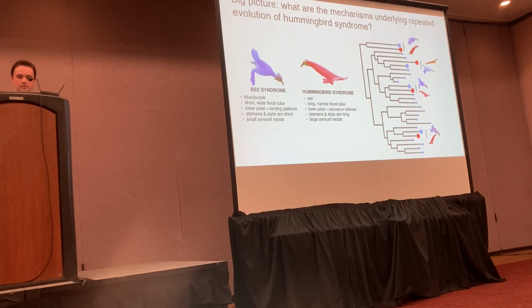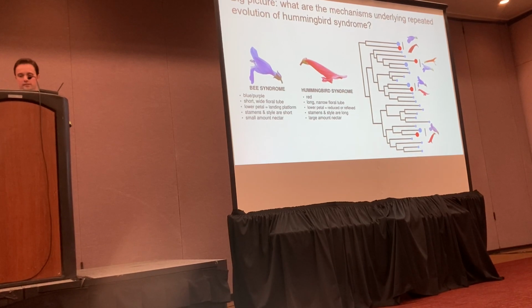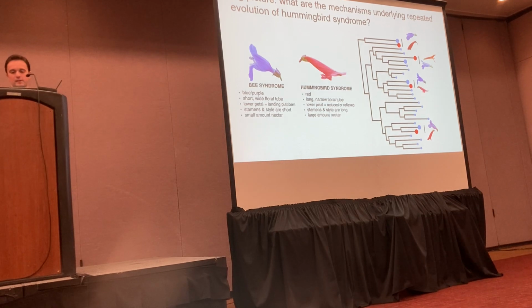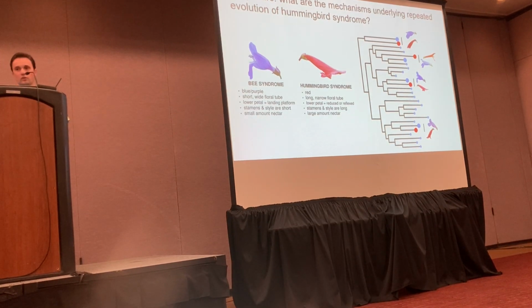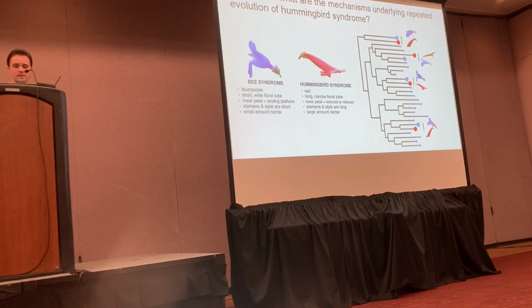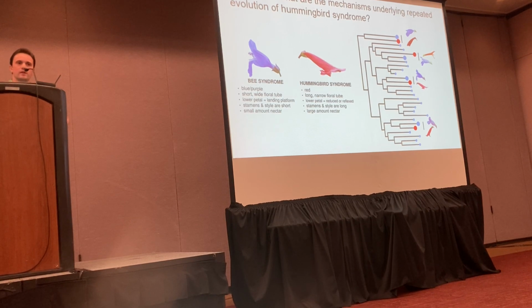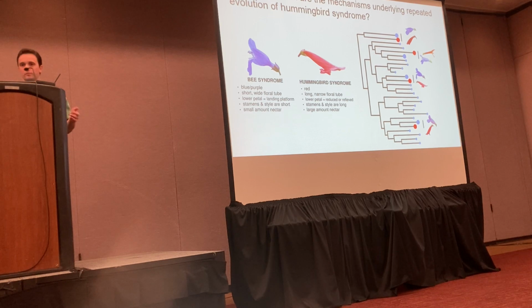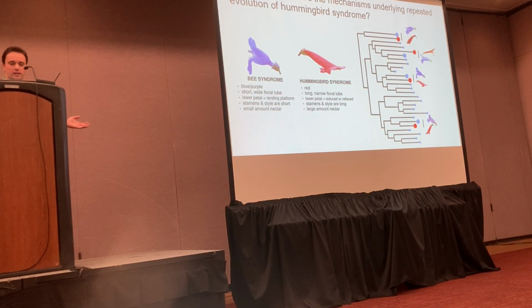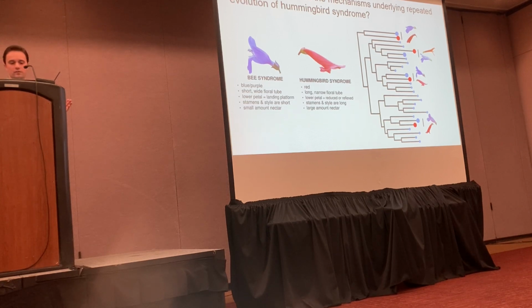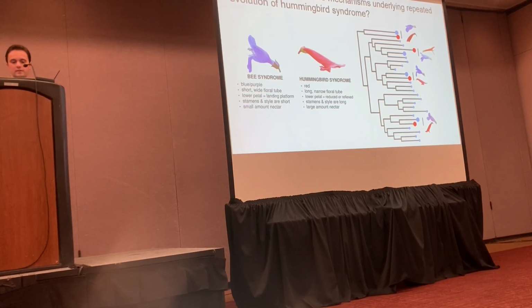So turning specifically to Penstemon, this is a clade called Habroanthus, and it's a subset of the fairly large Penstemon genus. And within this clade, there appears to have been 4 independent acquisitions of this hummingbird syndrome, this hummingbird pollinated phenotype. And so comparing the typical kind of bee-pollinated syndrome on the left to the hummingbird syndrome, you see the